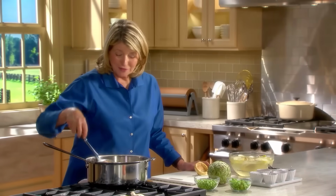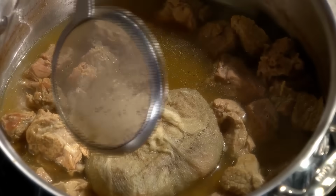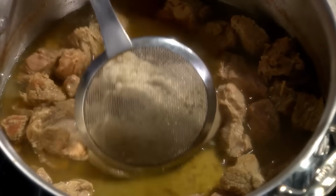So here is our veal. The liquid has reduced to, oh my gosh, a fraction of what it was. This is after 1 hour. Now add to the pot